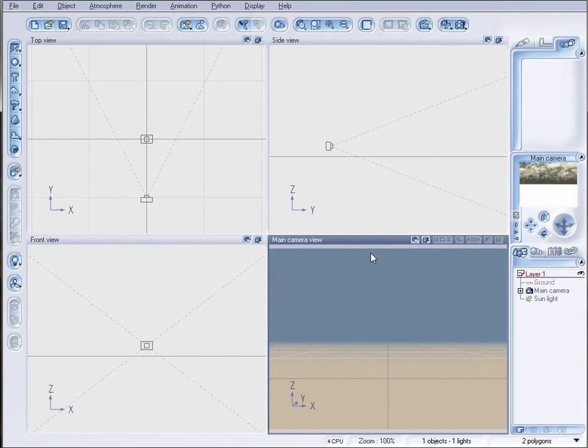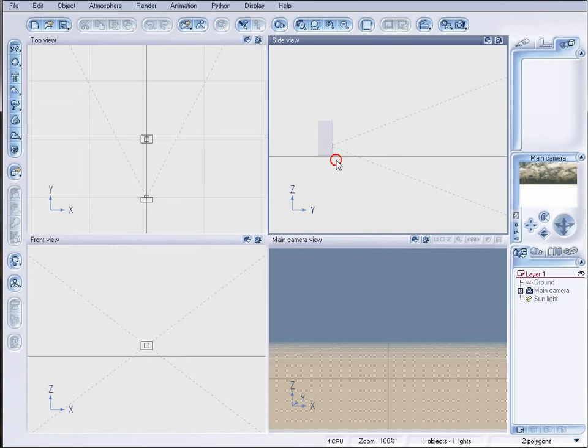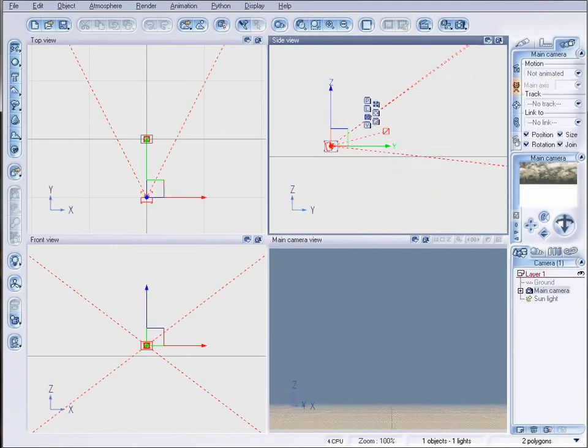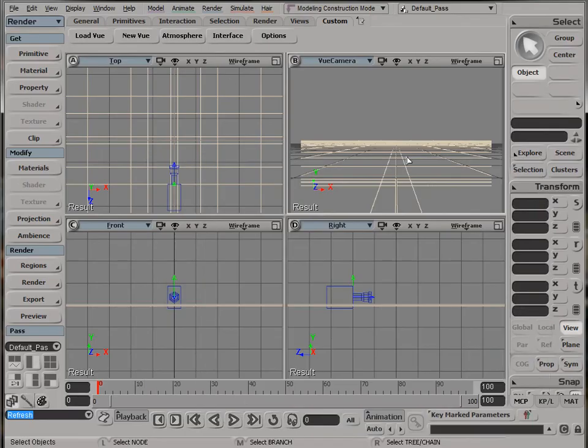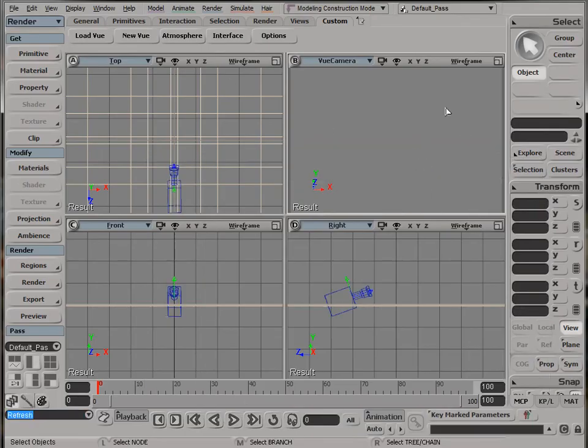When you use this interface, it is live synchronized. For example, we take the camera and point it up in the sky. Okay, when we go inside the XSI, you notice the camera position was adjusted as well,